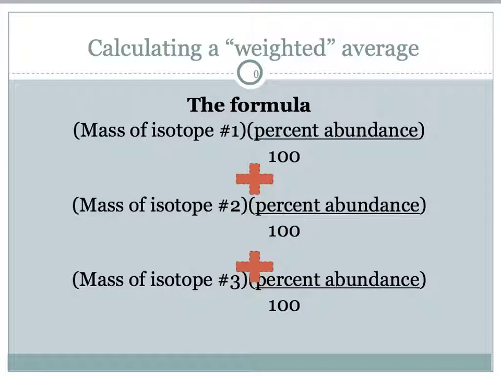Okay, so we're going to calculate a weighted average, and we're going to use the example of magnesium we were just given. We're going to take the mass of isotope number 1 of magnesium, and that was 24. And what we're going to do is take the percent abundance divided by 100. Well, the percent abundance was 78.90%. You can do that divided by 100, or you'll simply understand that you just move the decimal point 2 places, 1, 2, and so you're going to have 0.7890, and then you multiply those two numbers together. So 24 times 0.7890